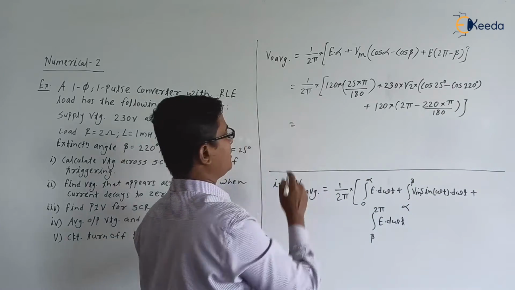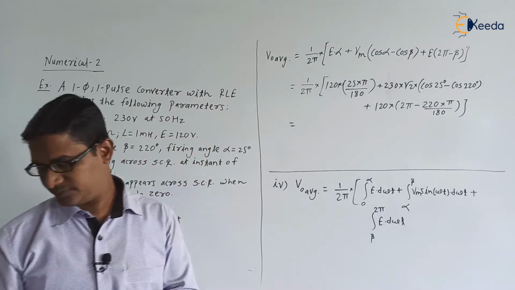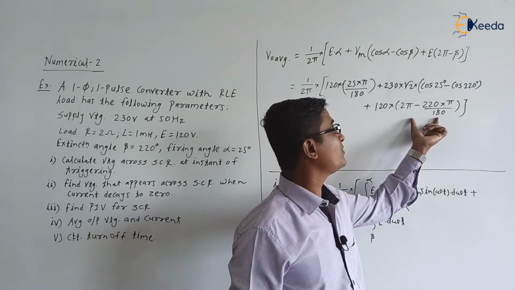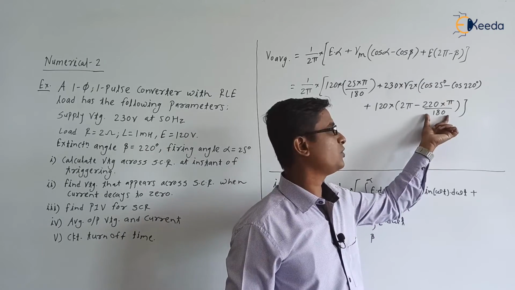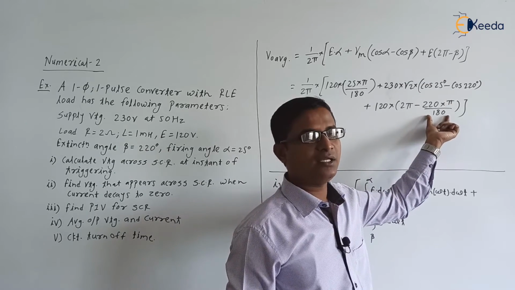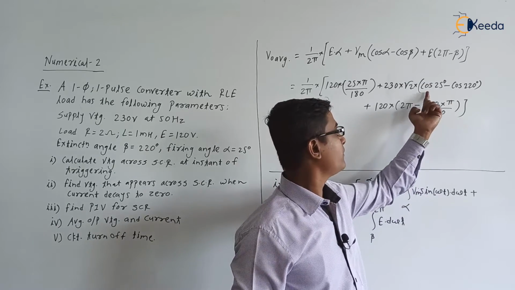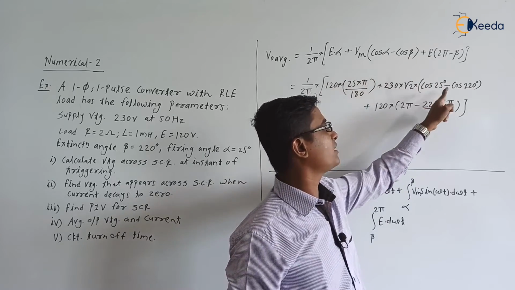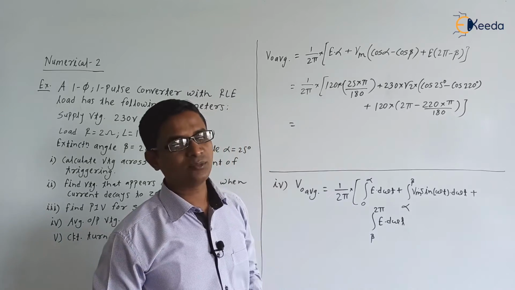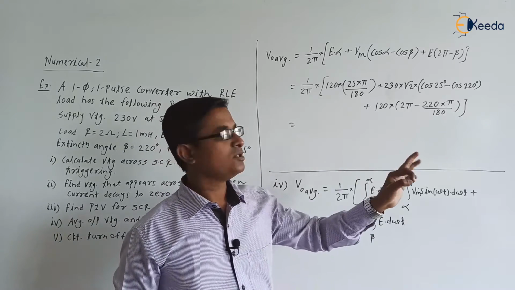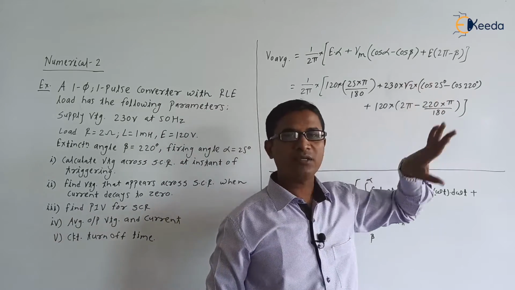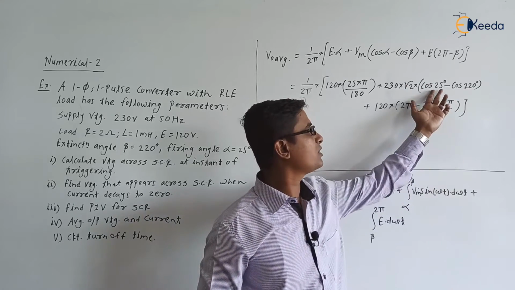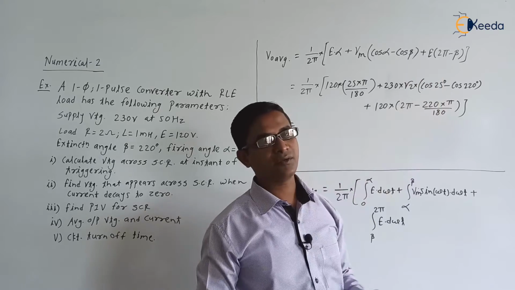Now, can we find the answer? Please be careful. Here we are having the subtraction of the angle 2 pi minus beta, so here we need to consider the angle beta in radian. Here the angle beta and alpha, these are in trigonometric terms. So if in your calculator the mode is degree, then you can put those angles in degree, or if the mode in your calculator is radian, then you can put these angles in radian equivalent.